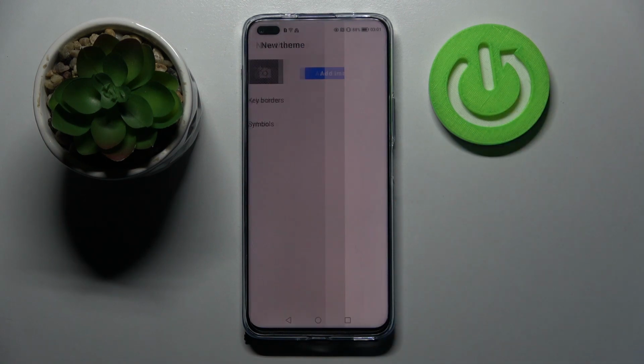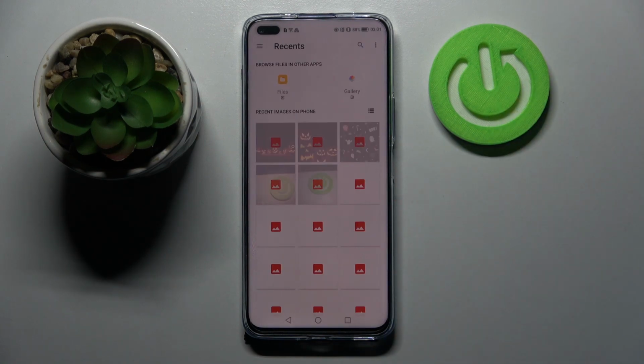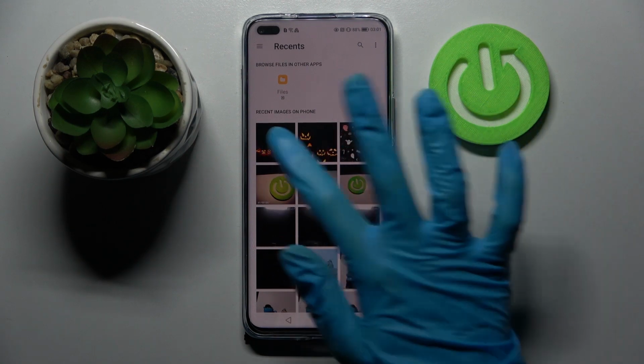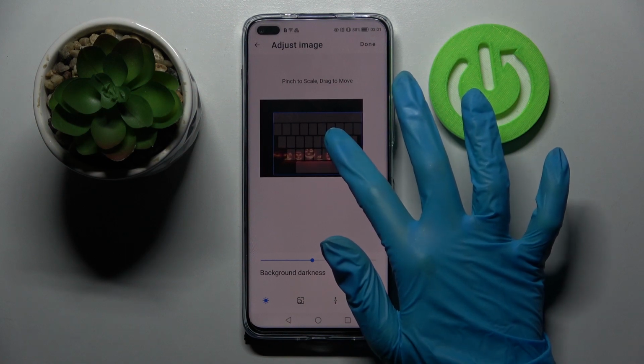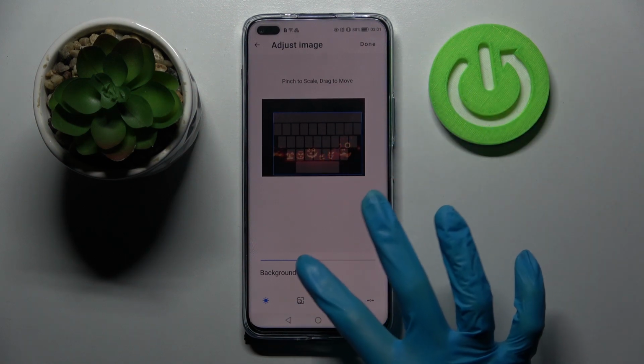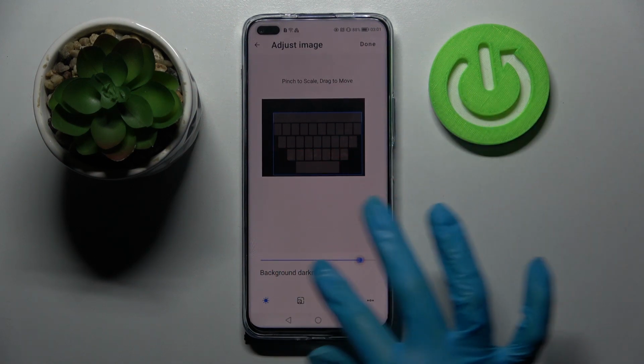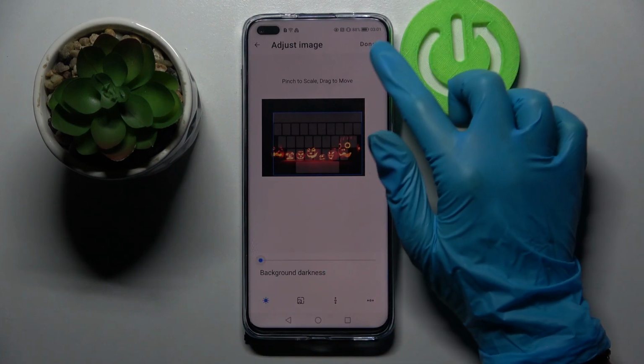Then select Allow in the pop-up and select one of your images by tapping on the chosen one. I will go with that one. Over here you can pinch it to scale and drag it to move. When you're ready, select Background Darkness by swiping left or right, and click Done at the top right corner to